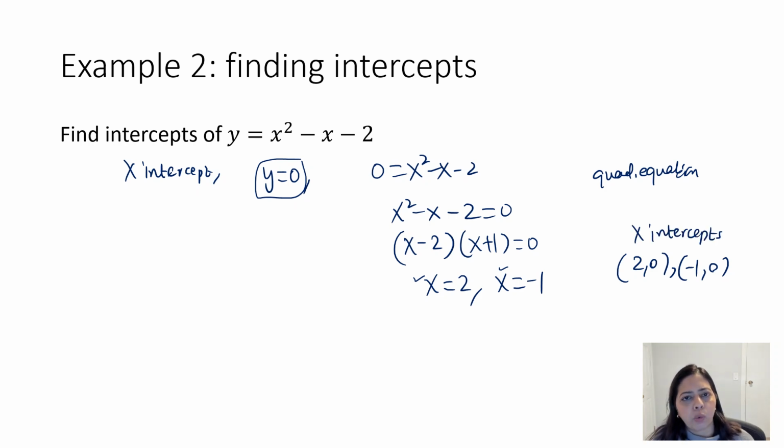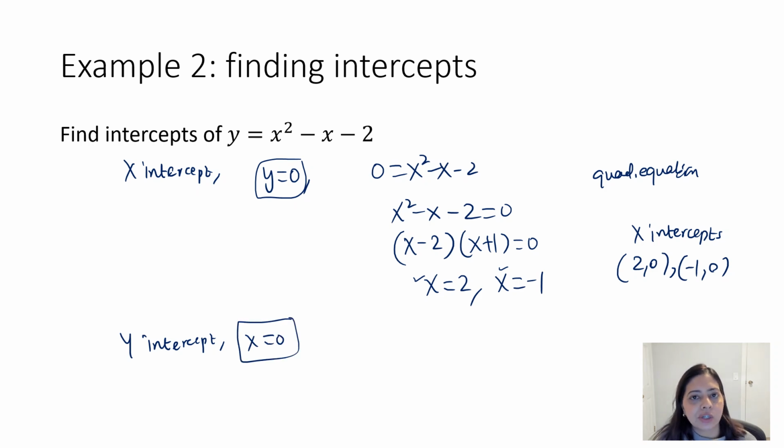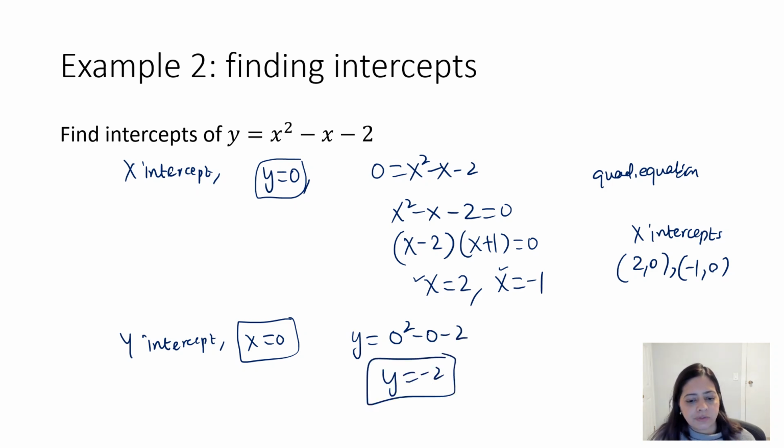So there could be more than 1 x-intercept. And now to find y-intercept, you have to put x equals to 0 in the given equation. y is negative 2. So 0 comma negative 2, that's the